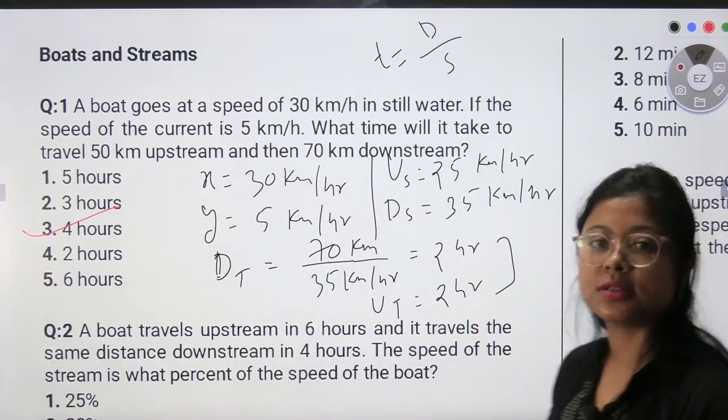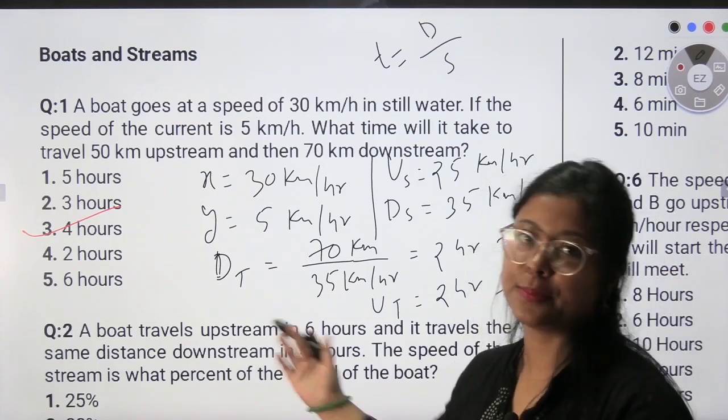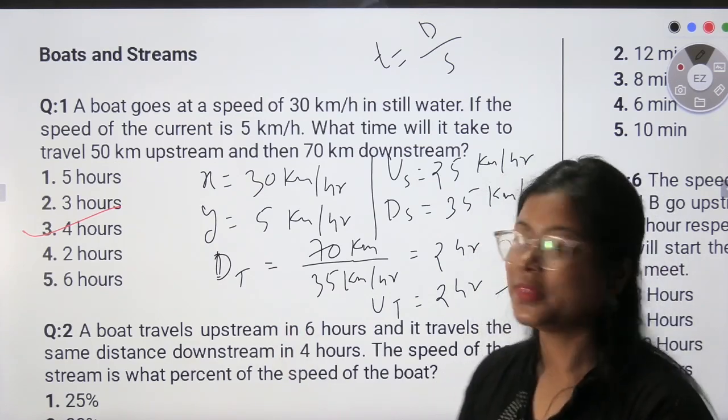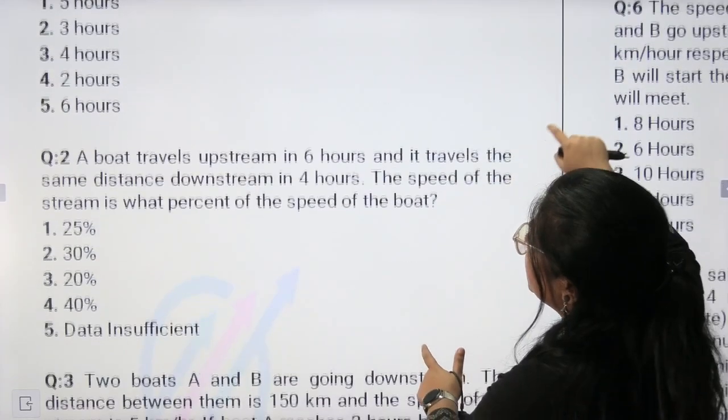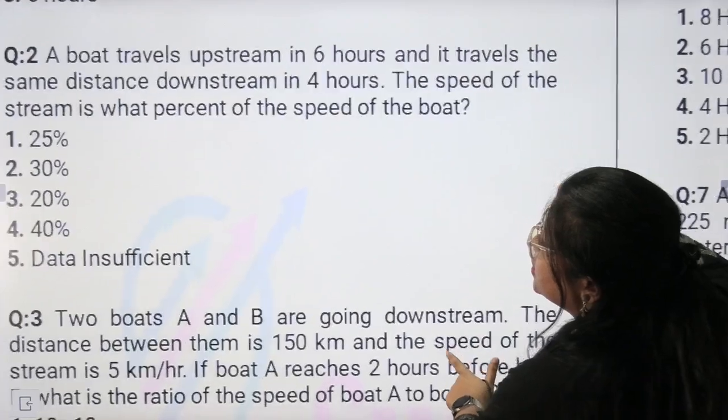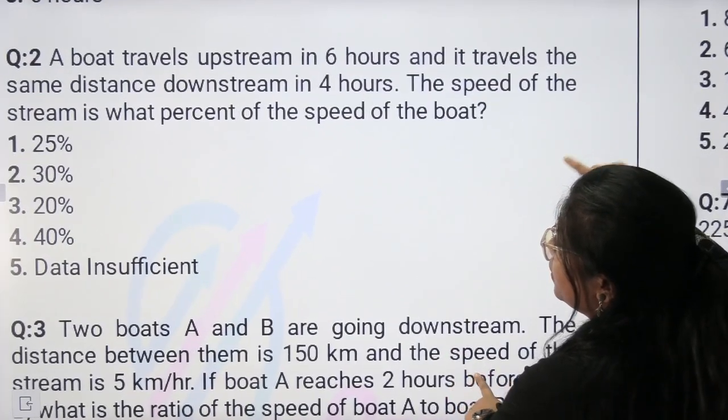So this is the main concept applying which we can solve this type of questions from boat and stream. Okay, now let's move to the next question number 2. Question number 2 is given as,